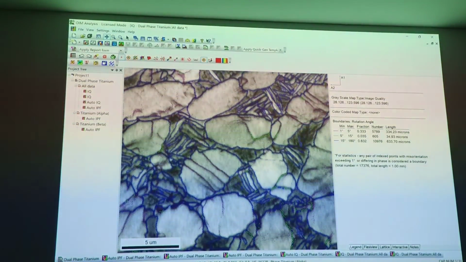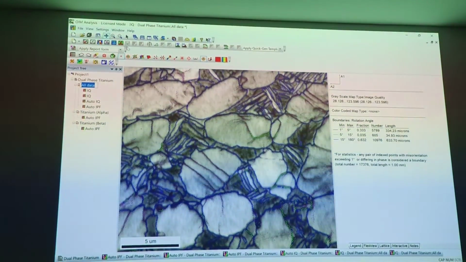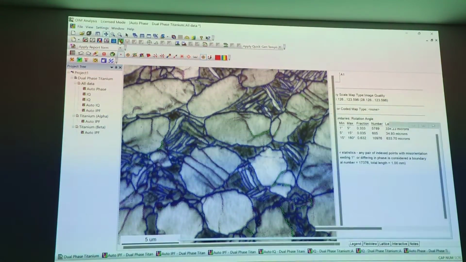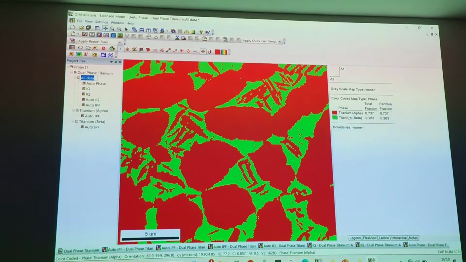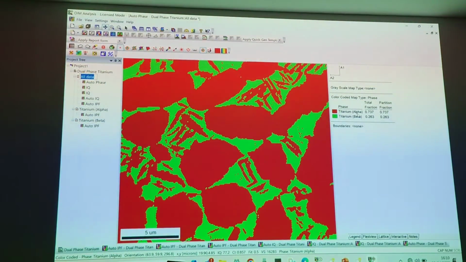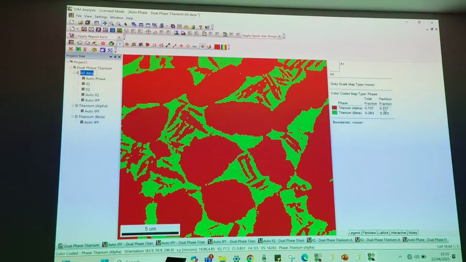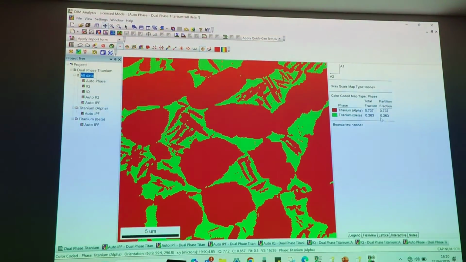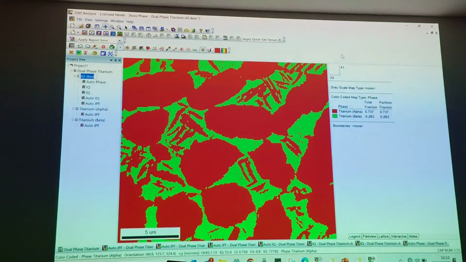So this was about the grain boundary. Also you can have the phase map for both the phases, like what is the fraction of those phases. So this particular map will show you the phase quick map. Now you are seeing the phase map for all the data. Whatever red grains you are seeing, those belong to alpha grains. Whatever greens you are seeing, those are the beta grains. So the alpha grains are almost 74% versus beta grains 26%. So you can also get the volume fraction of the phases present in your material with this kind of phase maps. So this is also one of the important tools.